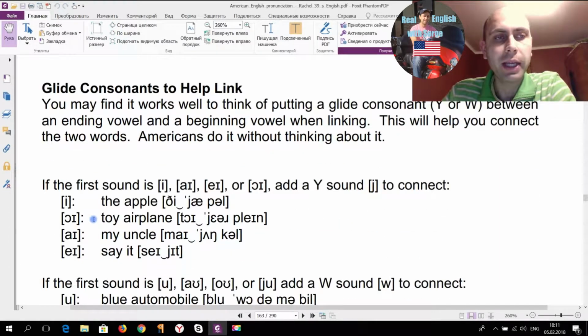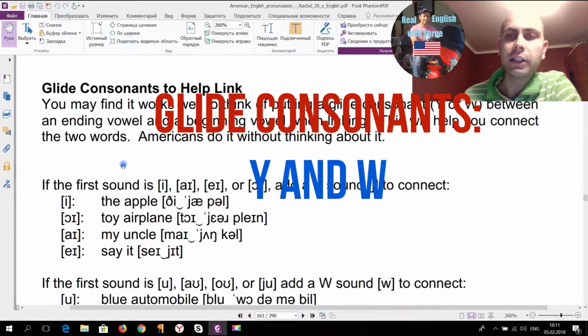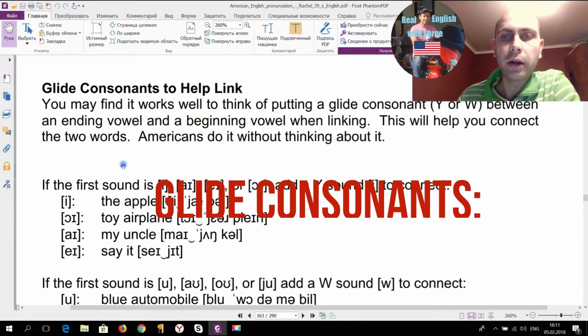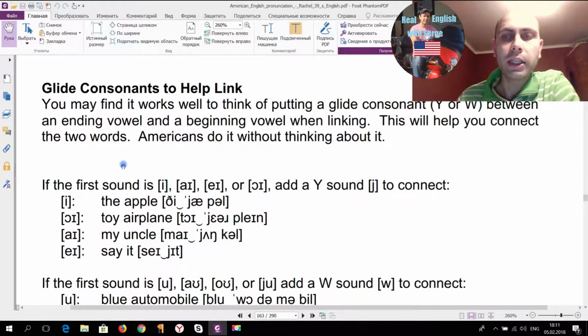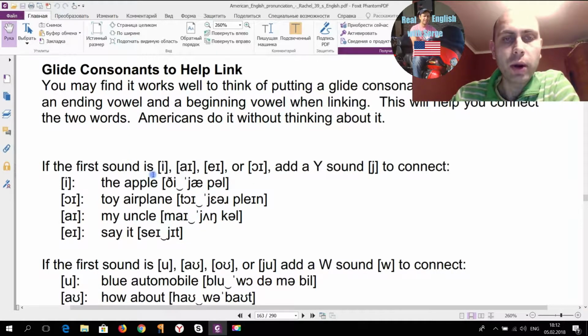Also, she explains that for linking vowel to vowel, we use the so-called glide consonants. The glide consonants are 2 consonants, Y and W. So she calls them the Y or W glide consonants. Here she gives the examples of where to use the Y glide consonant and the W glide consonant.